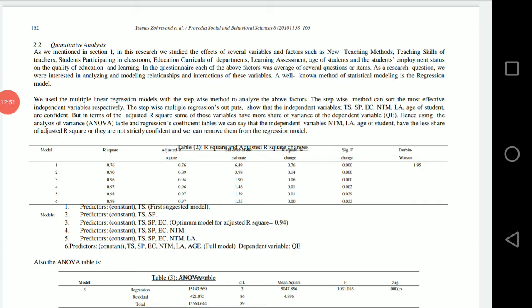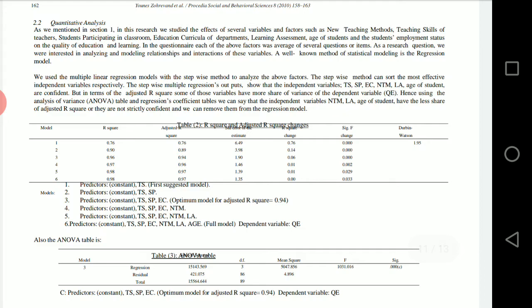Next, qualitative analysis. As we mentioned in section 1, in the research we studied the effects of several variables and factors such as new teaching methods, teaching skills of teachers, students participating in classroom, education curricula of departments, learning assessment, age of students and the student employment status, and the quality of education and learning.